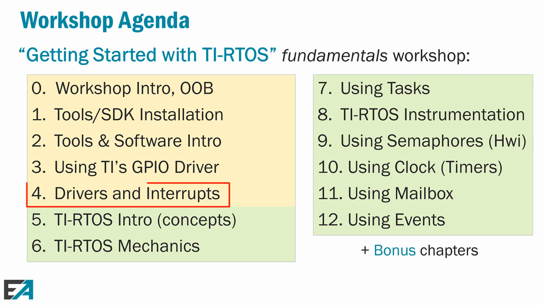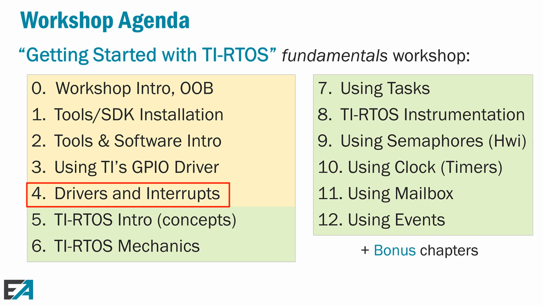And then finally in Chapter 4, we're going to be looking at using drivers and interrupts. So how can we use that GPIO driver to interrupt the system, and also have a timer interrupt the system. And if you think about operating systems, we're talking about RTOSes. One of the fundamental parts of scheduling or of having events going on in the system is hardware interrupts. And so we're kind of getting our toes wet here a little bit with the hardware interrupts and looking at how drivers help us with that.